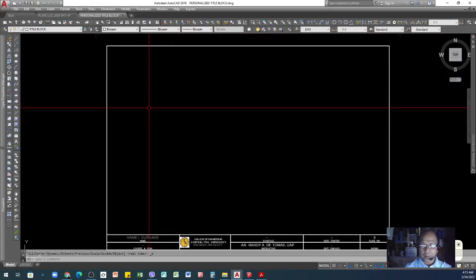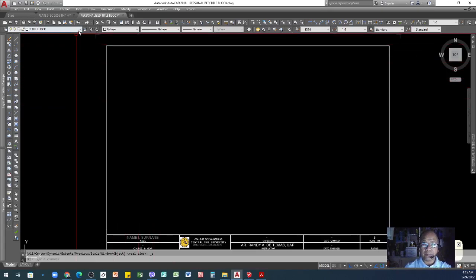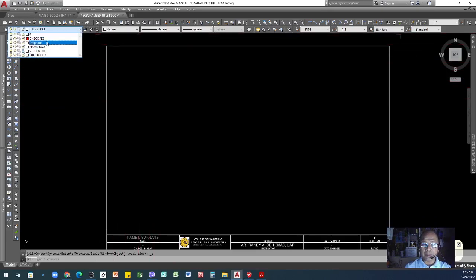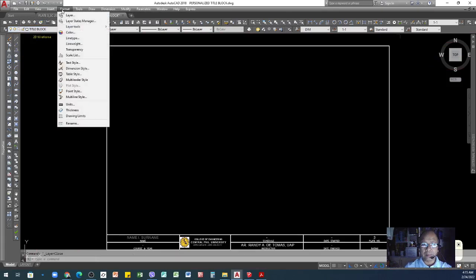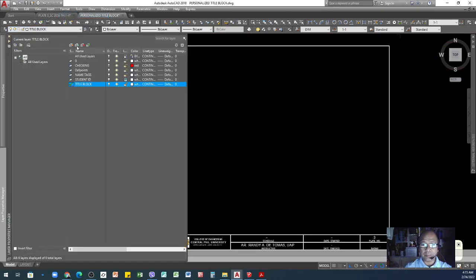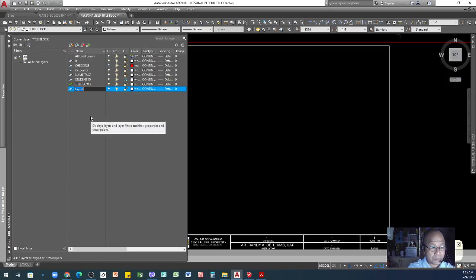To start the drawing, first you have to create the dimension layer. Go to Format, Layer. Once it appears, you just add one and put Dimensions. I'll create Dimension.